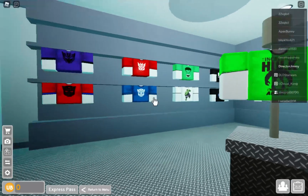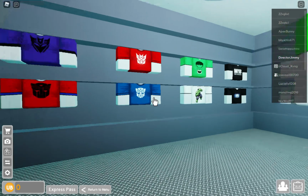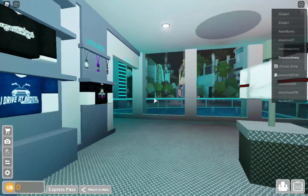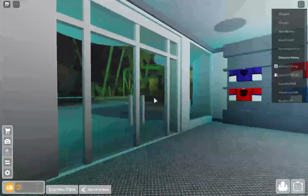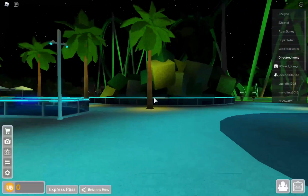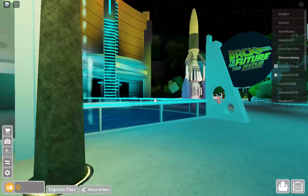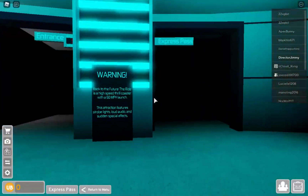maybe you put something else in that spot. Here's some cool, like, nerd merch. Transformers. Fuck, if they ever did a Transformers thing. Men in Black, which is, we'll walk by that building in a little bit. Still not open. Been under development for a while. Like, Jurassic Coaster kind of came out of nowhere. And then that happened, but here we go into